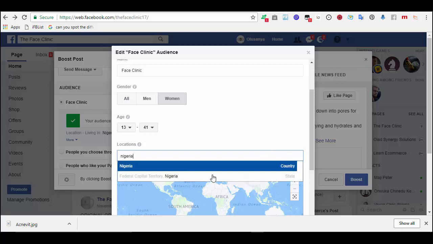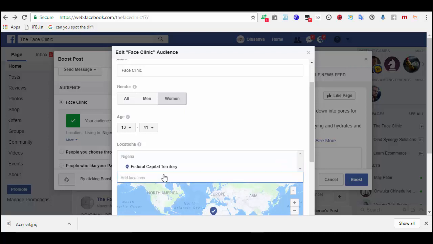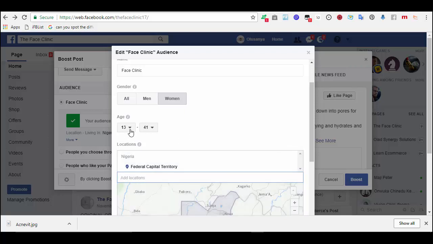So this is it, Federal Capital Territory, Nigeria. So we choose this. Then the age is not 13 to 41, because I'm promoting health. People that love to pose, they like to class themselves between 24, and they can have money to buy this.